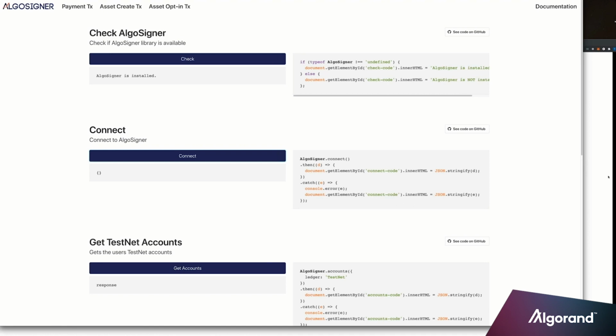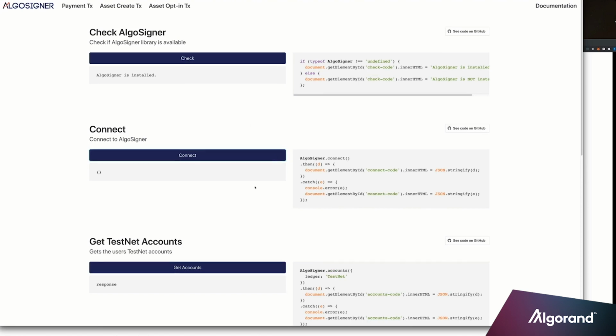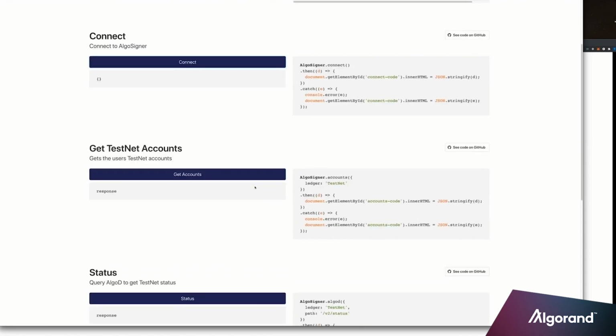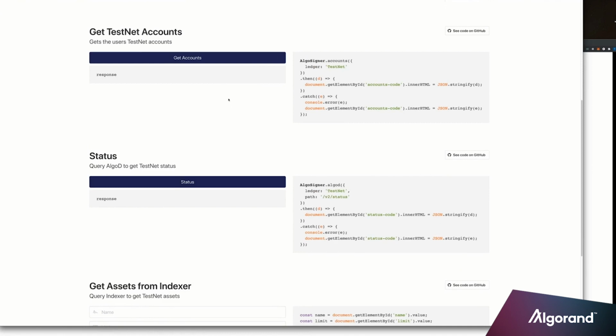When the promise is successful, then it connected. And if it's rejected, it's because the user plainly rejected it, or there's something else happening, a different error. But yeah. So now, when you are connected, you can go ahead and just query all the things that the